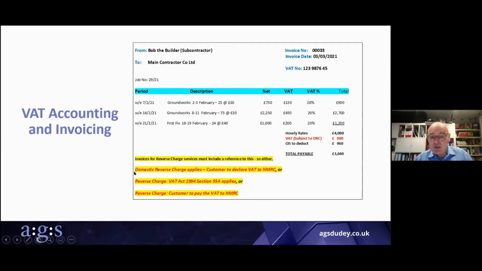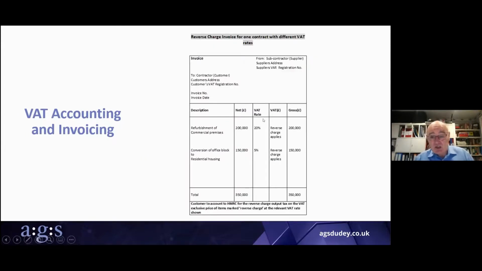It simply notifies the customer that the reverse charge does apply, so the responsibility is on them for declaring the VAT. This is a separate example with two suppliers at different VAT rates. And again, you can see the VAT isn't shown, it just says reverse charge applies. And at the bottom, it says that the customer has got to account for the VAT at the VAT rate shown. So it's their responsibility to calculate that, and that's what they would declare when they put their return in. So that is how the invoicing will work.